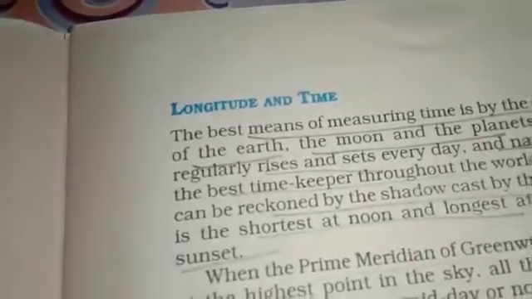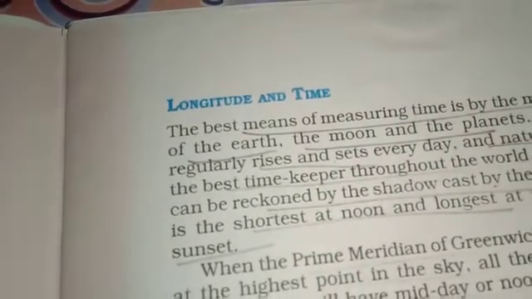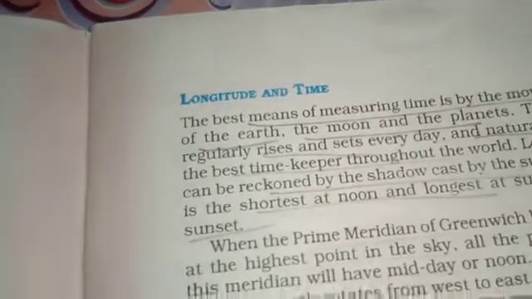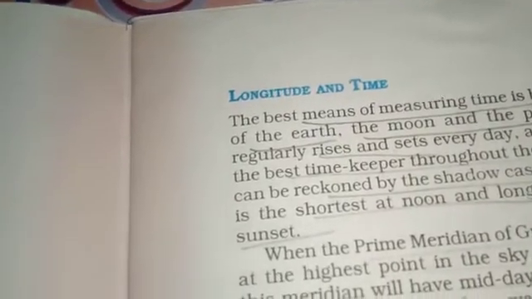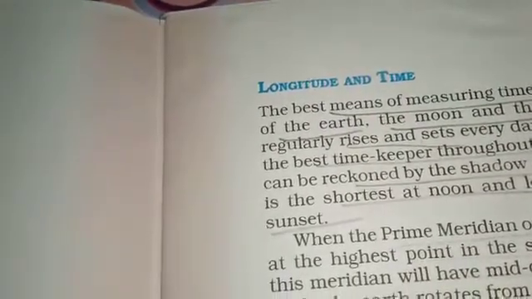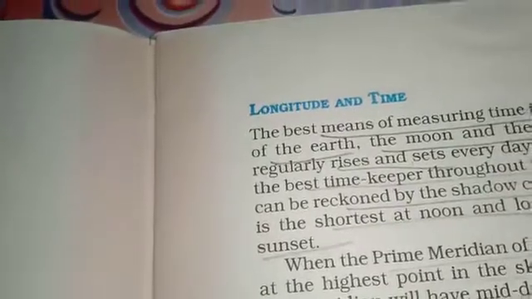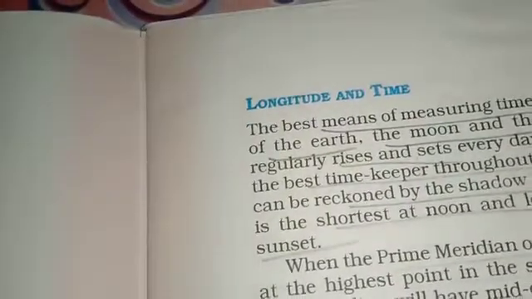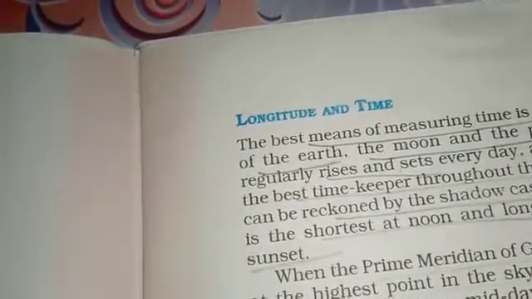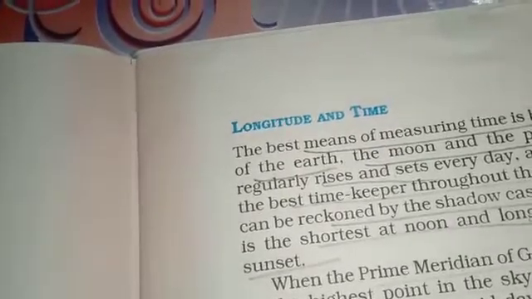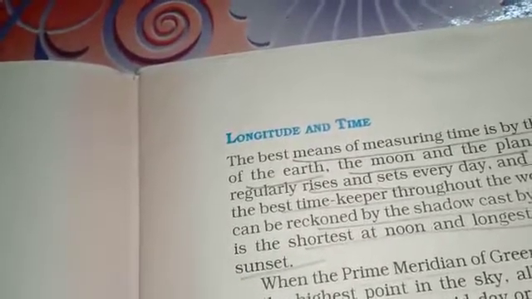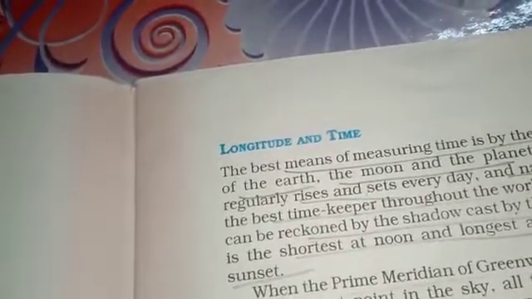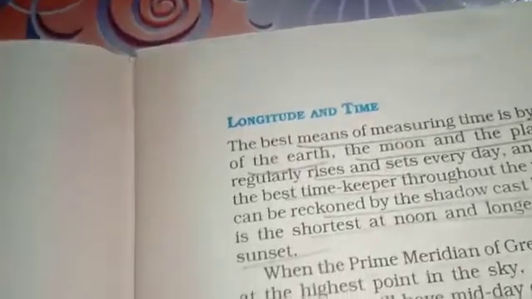If you are standing looking at the south side, and you look at your shadow on the right side and the left side, according to how much longer it is moving, you can find out the timing. In the early morning the shadow will be much longer, and in the evening also it will be much longer. At 3 or 4 o'clock the length will increase a little bit.